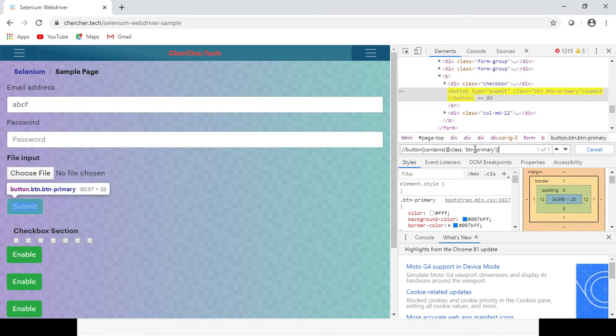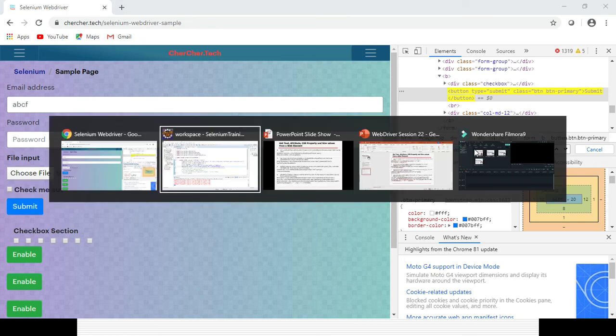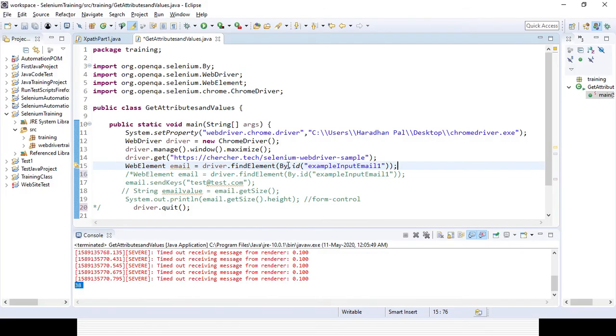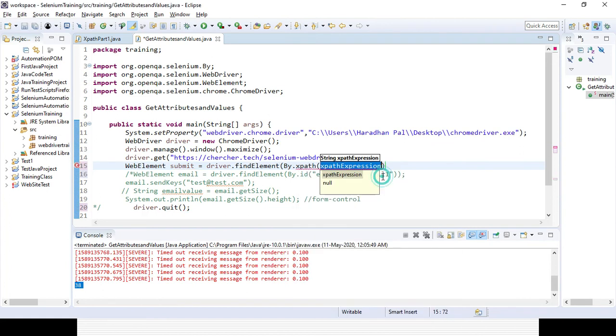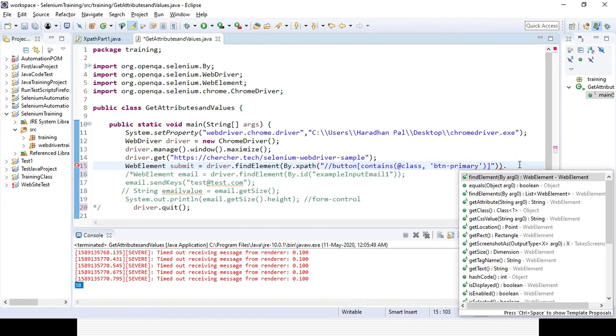Okay, so you can see the object is getting highlighted, right? With the help of the expert I have created as a custom one, I can identify the element, right? Driver dot submit button. This is submit, so I am changing the name as submit. So by dot expert, I can identify the element with the help of expert. Once the element identification is done, right,